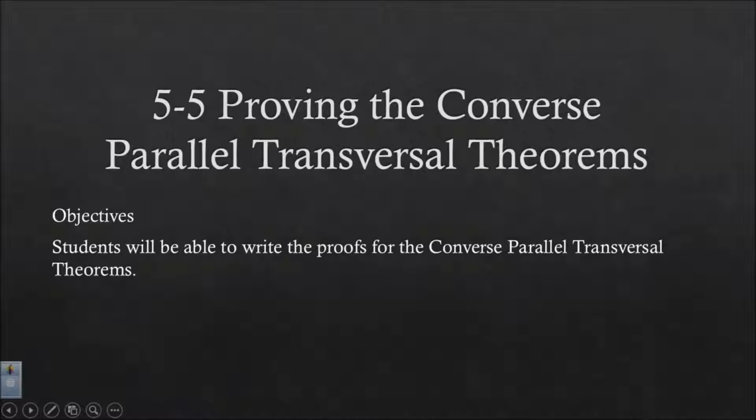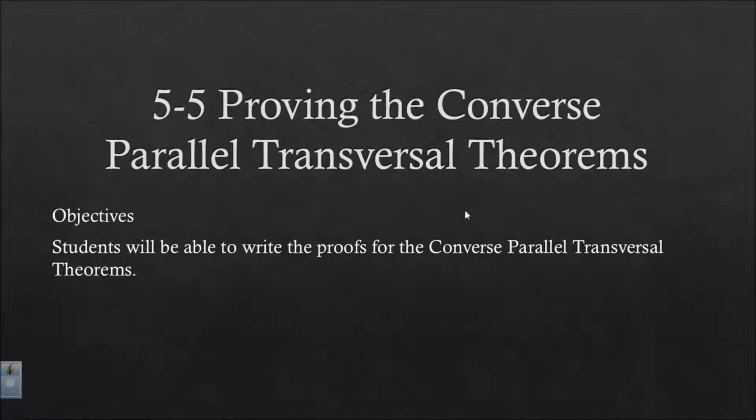Today we're looking at Unit 5, Lesson 5, proving the converse parallel transversal theorems. There are 4 of these and they mirror the parallel transversal theorems. We have converse corresponding angles, converse alternate interior angles, converse alternate exterior angles, and the converse consecutive interior angles theorems. All of them have the same structure. You have 2 lines cut by a transversal, you have the angles being congruent or supplementary, and the lines being